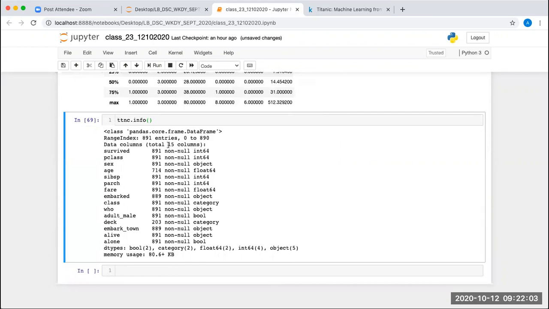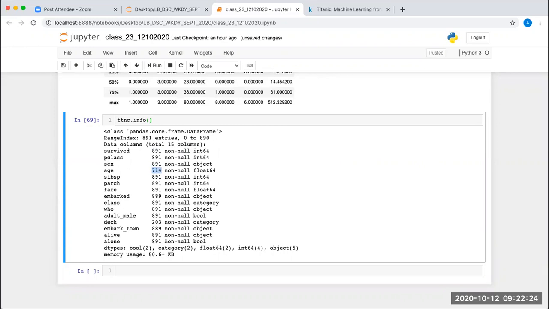There are a total of 15 columns, and the survived column has 891 values, no null values, all non-null. Then we have pclass, and age has 714. So all of these are showing here.